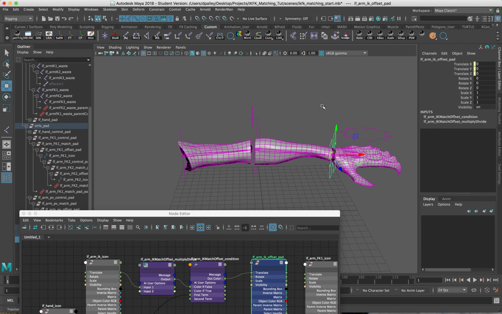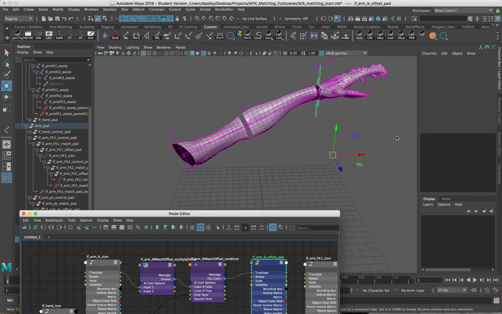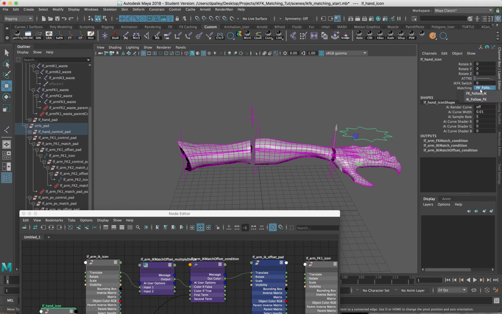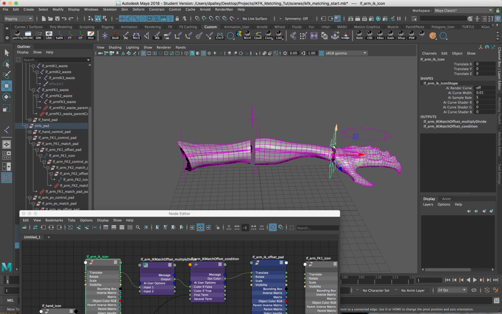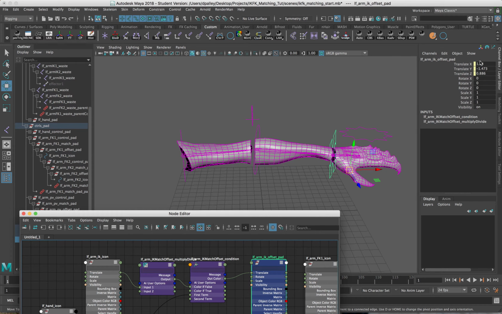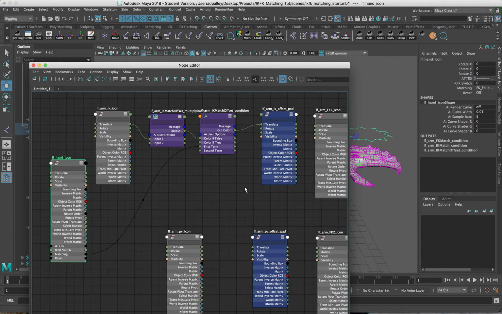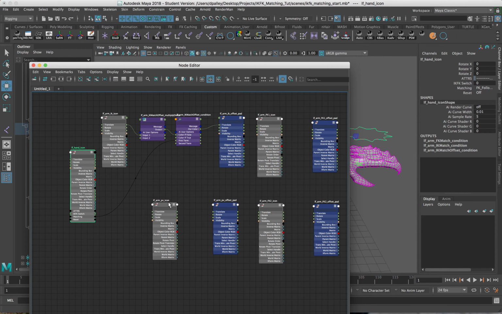So you notice if I select the icon and move stuff around, there's nothing on the offset pad. But if I were to flip this and I try and move everything around, you see it doesn't move anymore because we have values on the control, but the inverse of those values are on the pad, which is exactly what we're going for here. So I'll set it back so the IK is the dominant one, and let's quickly do this for the pole